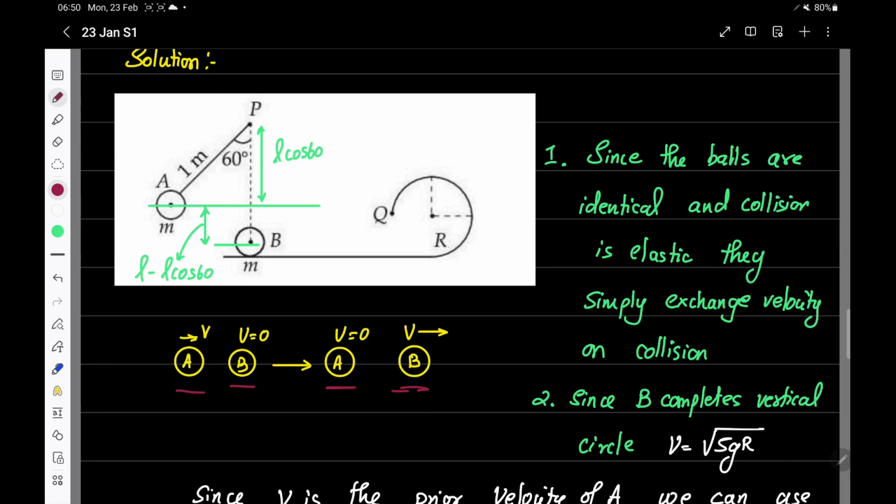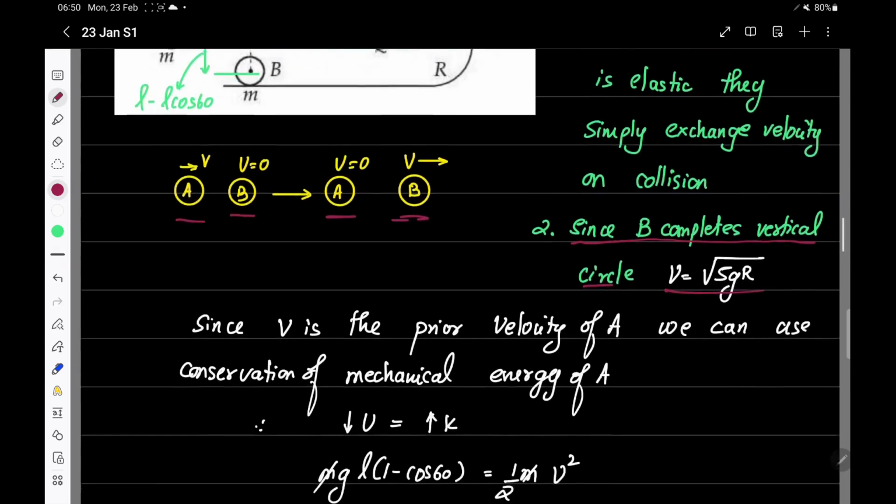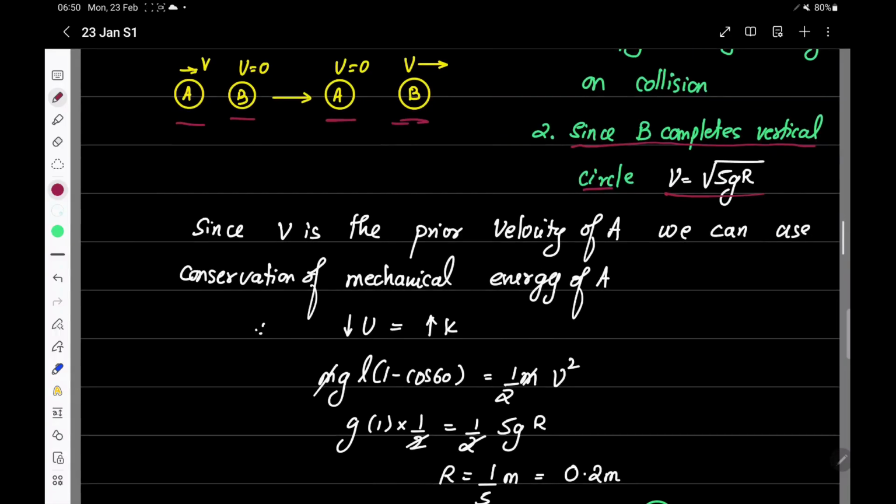Second fact I'm going to use is that since B completes the vertical circle, V must be equal to root 5gR. Right? Root 5gR is the minimum speed required for a bob to complete a vertical circle. So what I'm going to do now is use conservation of mechanical energy to find the value of V. We can use conservation of mechanical energy on A because the same speed V is transferred to